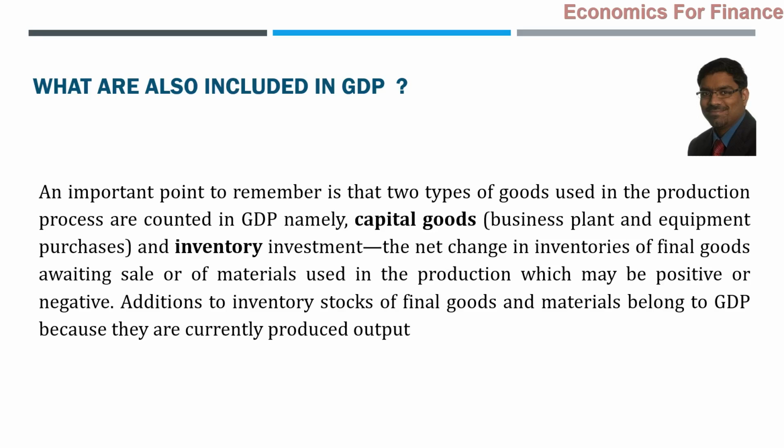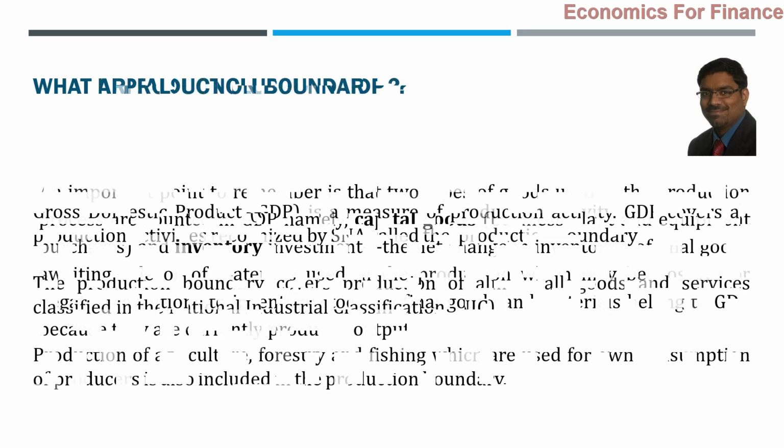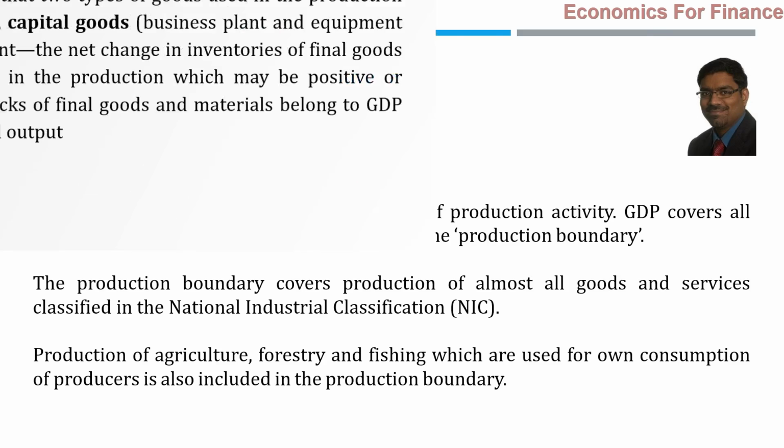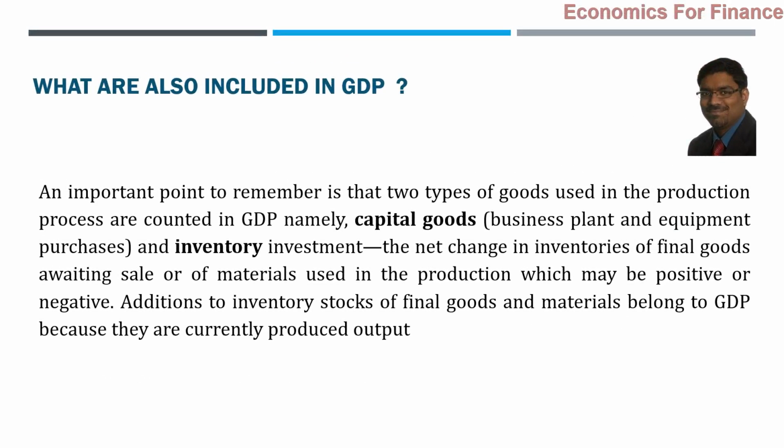Same way, inventory investment also, whether it is positive or negative, from the opening stocks to closing stocks, whether there is an increase or decrease, that has to be included. That has to be definitely taken into consideration while computing the GDP. So these two points also are to be noted very clearly. As per SNA, agriculture, forestry, fishing, which is used for own consumption, also is included. That is something special. Definitely we have to keep a note of that. And capital goods and inventory investment also have to be